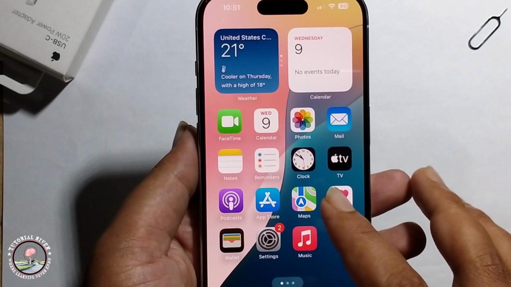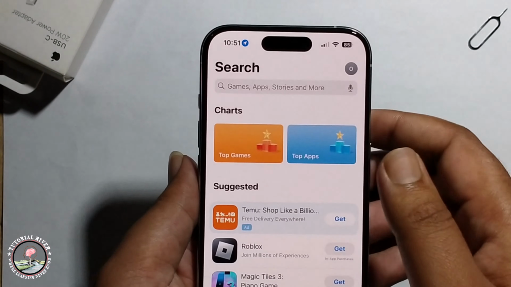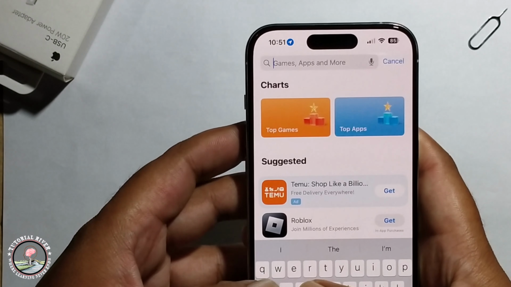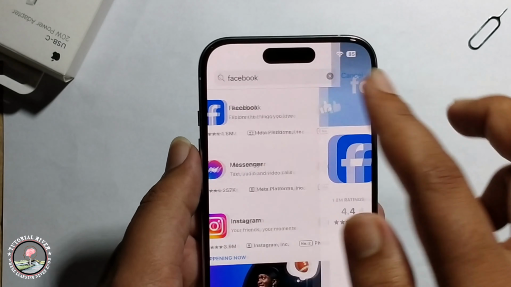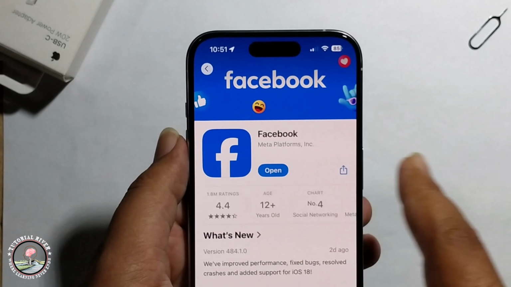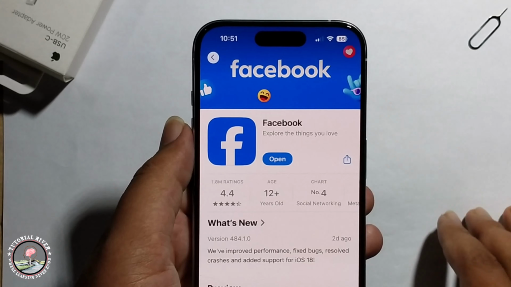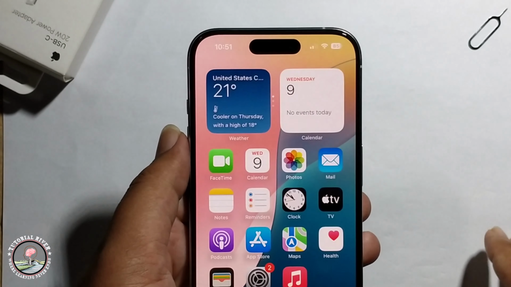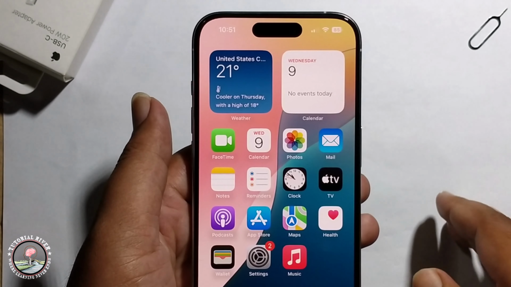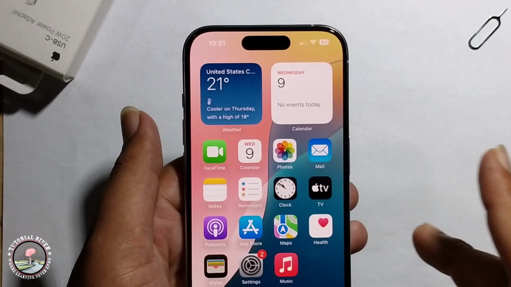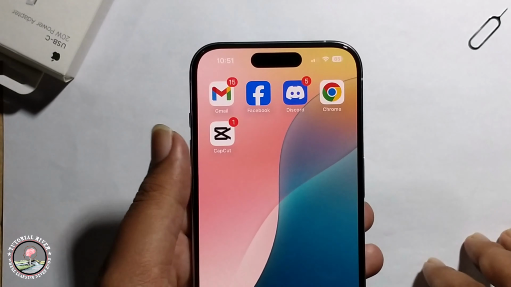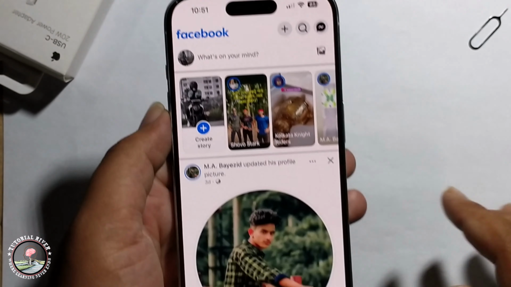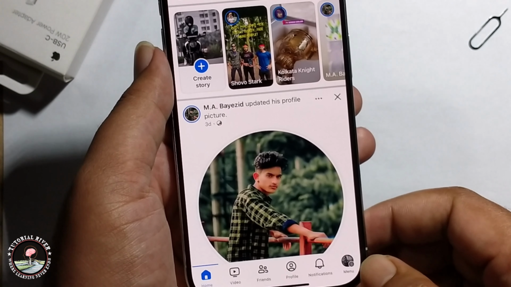At first, open the App Store and search for the Facebook app. You need to first update your Facebook. Now, I have already updated my Facebook. Or you can first uninstall your Facebook app and then reinstall it. Or finally, open Facebook, click on the profile option,